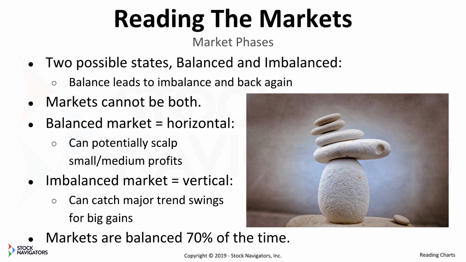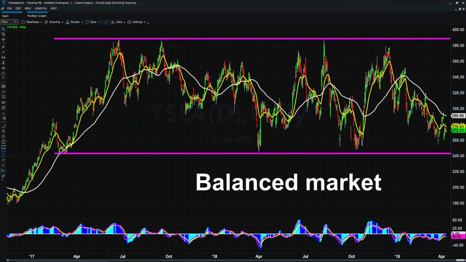So if you don't learn how to trade in any type of market environment, you're stuck only really being able to trade profitably 30% of the time, because you can only trade when the market is making big moves. The rest of the time, you're just going to get chopped up. So you need to know what you're doing and learn how to trade properly. Now, here is an example of a balanced market, and it's pretty clear. It's moving sideways, right? It's bouncing around back and forth between this low and this high. This is Tesla, and Tesla was trapped in this range for quite some time. It's actually still in that range right now as of this recording. And it just keeps bouncing back and forth